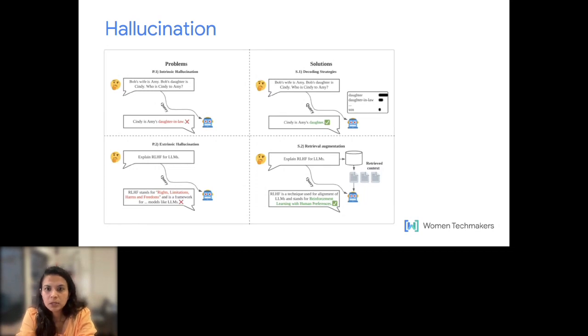But one of the reasons why LLMs hallucinate so much is also the data quality. It depends on the kind of data on which the LLMs are trained. I cannot just remember the name of the language model which was trained on Reddit data, and all the information on Reddit may not be true. So that is one of the reasons why LLMs hallucinate. One of the many reasons.